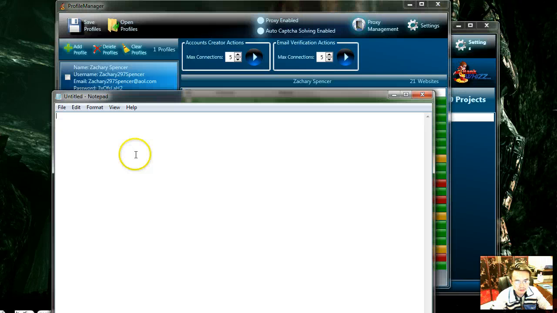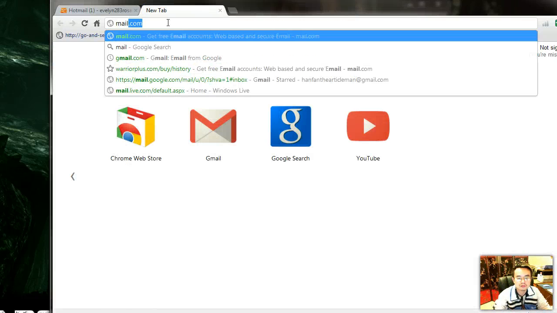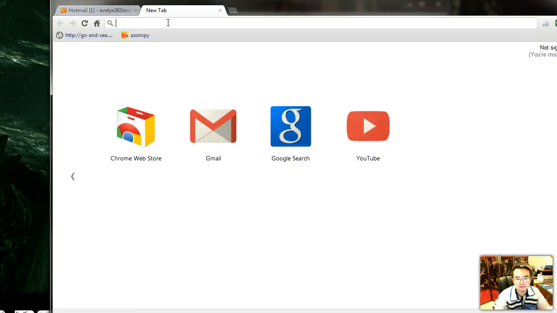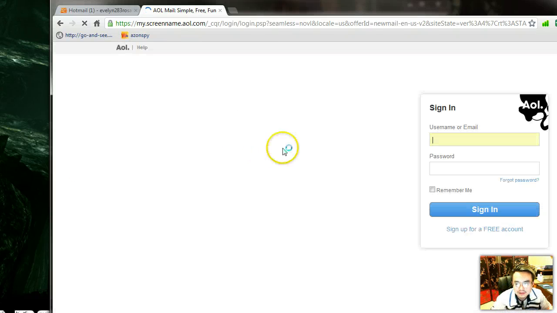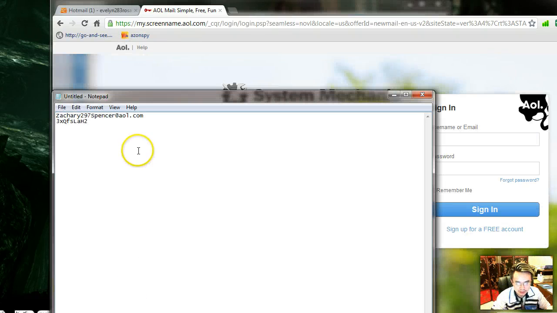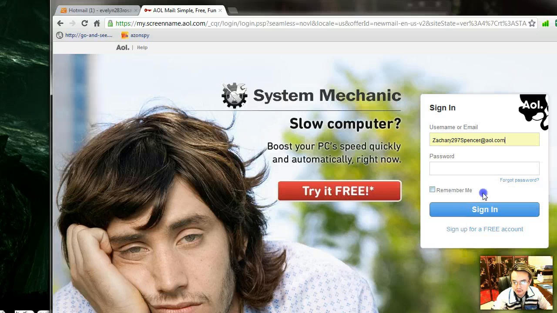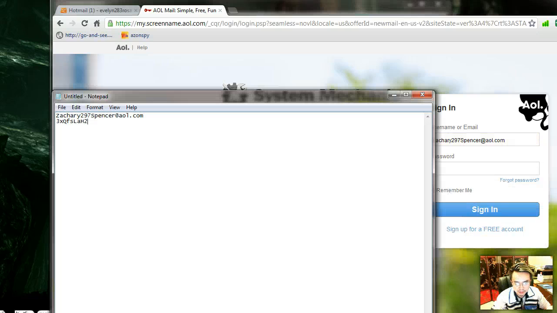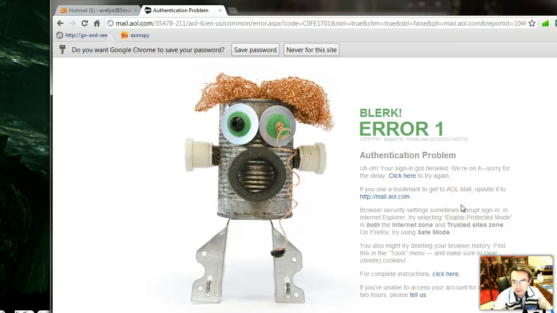And I'm gonna open a notepad, and paste it in here temporarily. I'm actually gonna open AOL mail very quick. Mail.AOL? I don't know. Mail.AOL maybe? I've never been to the website actually. There we go. So I'm gonna copy the password in there. What I'm doing right now is trying to see if anything's in the junk or spam folder, and I'm gonna have to move it to the inbox very quick because the software doesn't do that. Maybe that's a good feature to add, to actually set up the rules that I